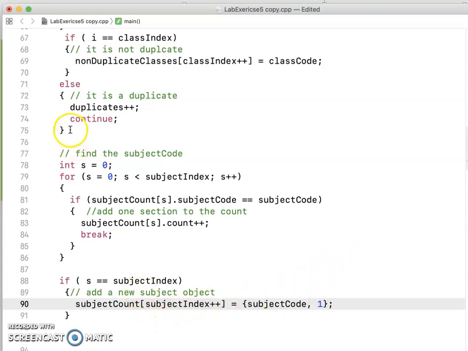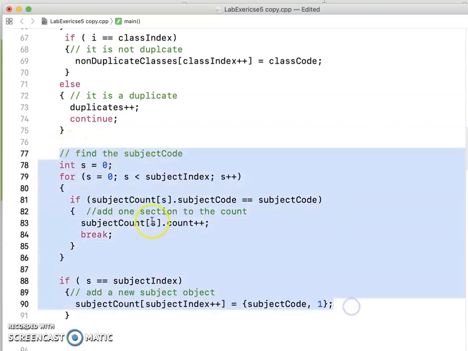Okay, so this part is how we will find the subject code. We see, do we have an existing subject code object or not? If we have, we add the section by one. If not, you need to add a new subject object. So that's